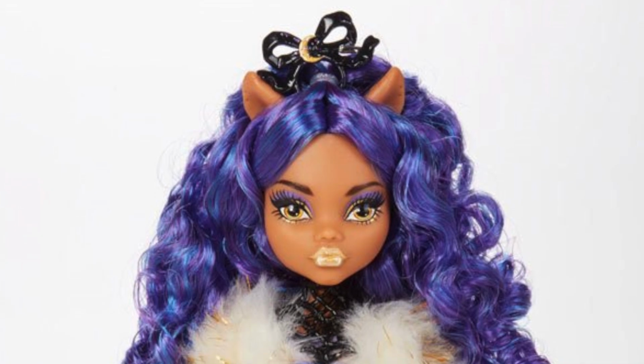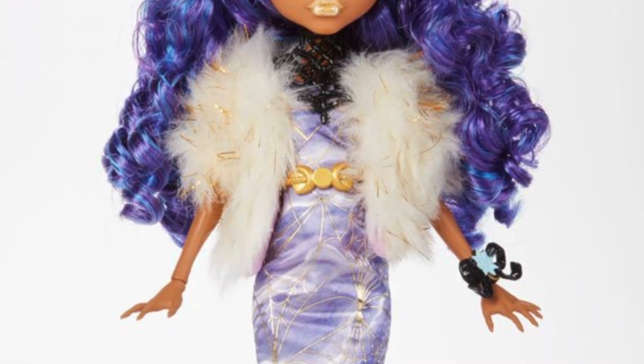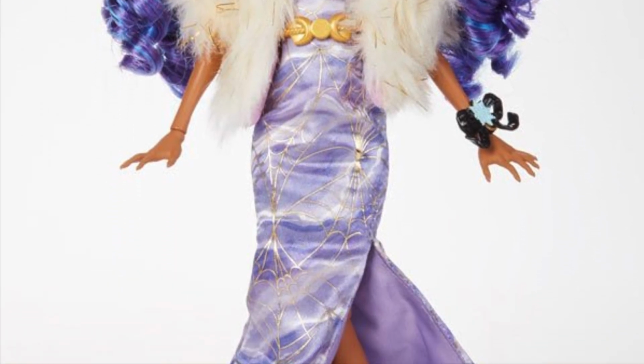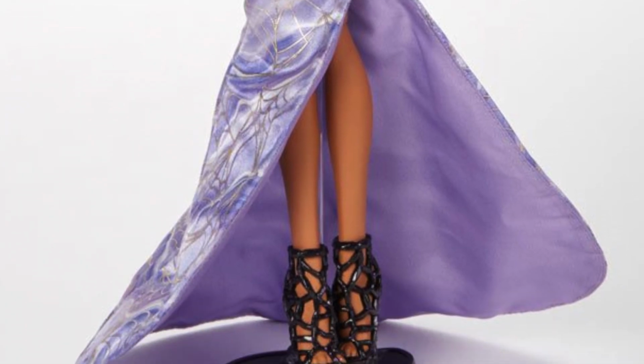If she's still available and I see her, I'll probably buy her later. I think she's cute. I think if this is what they're continuing with every year, I would love to see some other characters pop up. Maybe Frankie next, and then...